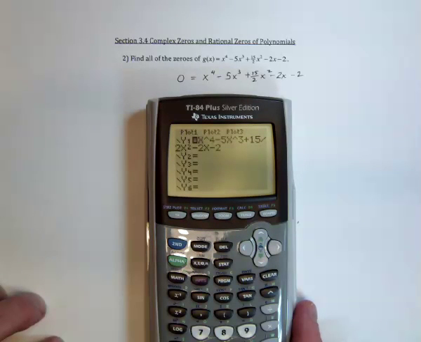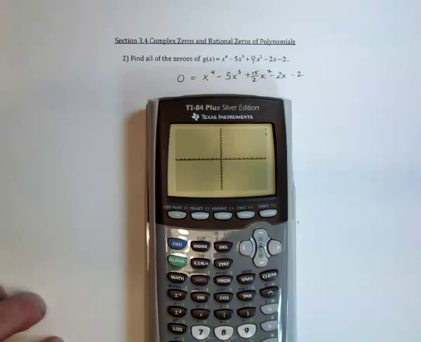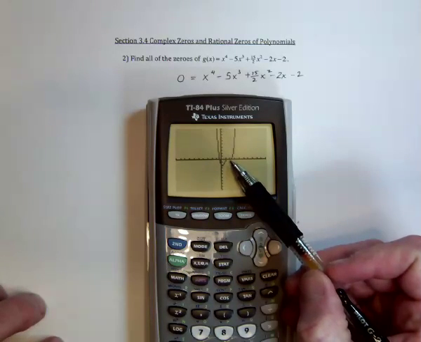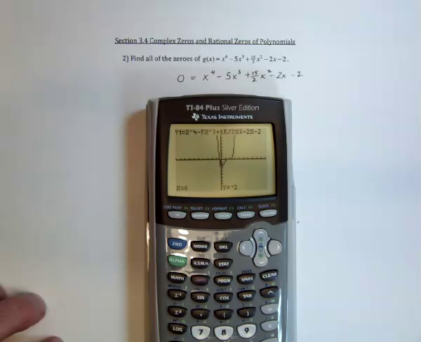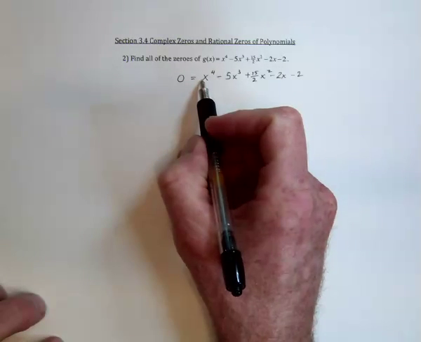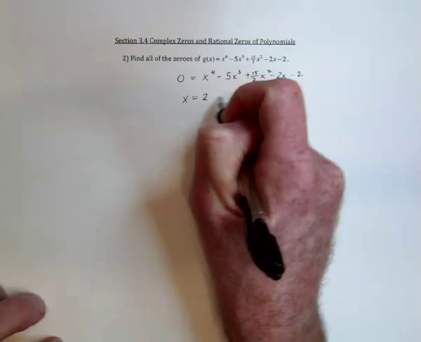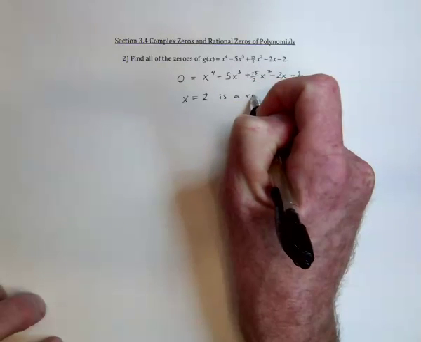X to the 4th minus 5x to the 3rd, I've got it typed in, and then take a look at the function and see if 2 actually is a root, and it looks like it's possible. So trace and put in a 2, and the answer is yes, that is one of the zeros. So using the factors of this, the factors of this, we got x equals 2 is a root or a 0